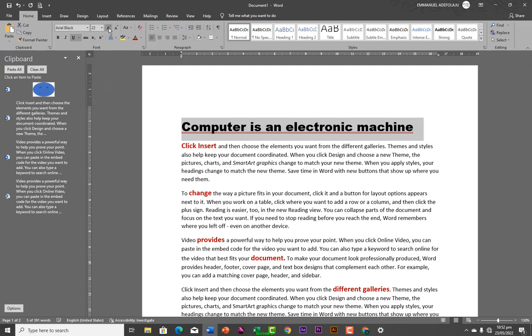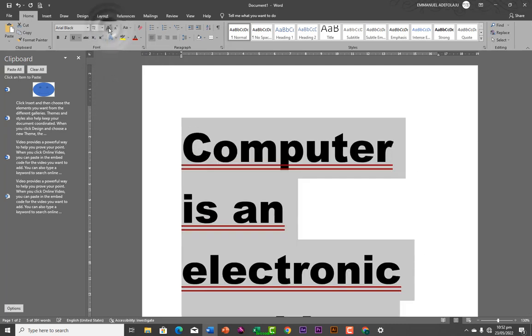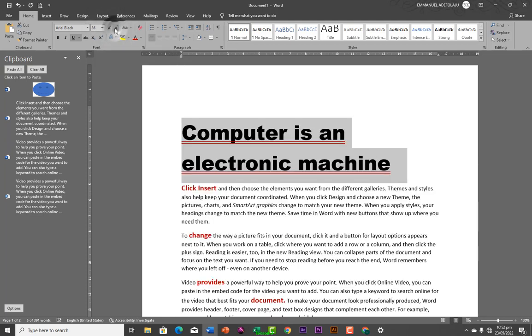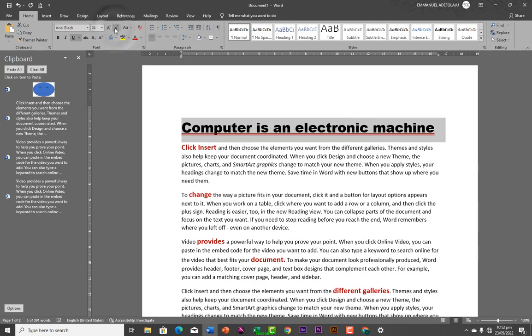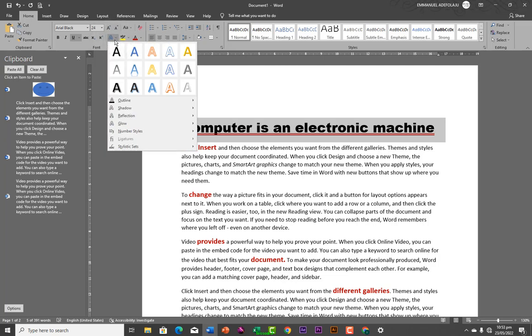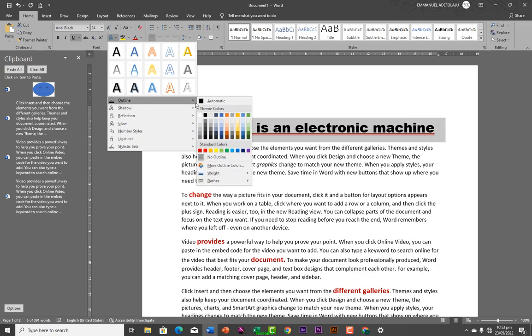Another way to increase your font size is using this increase font size. If you keep increasing, and you have decrease font size as well, keep decreasing. And here you have your text effects and typography. So you can apply different effects to your text. Once you highlight the text, you can apply different effects to it. You can change the outline, or you can apply no outline to your text. I can change the outline of the text